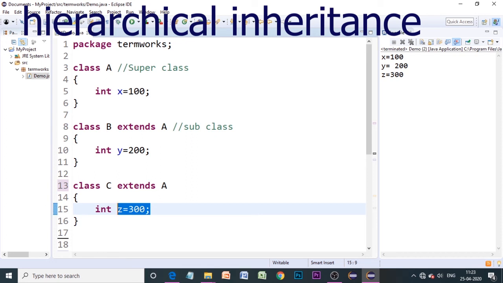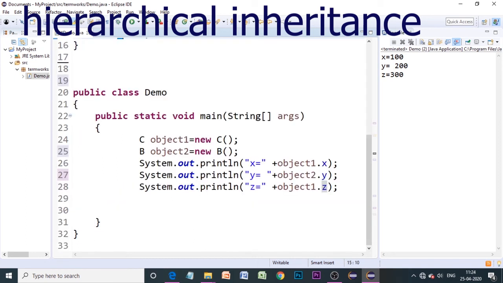So when you create an object of B, you can have access to x as well as y because B is a subclass of A. And when you create an object of C, you can have access to x as well as z because C is also a subclass of A. So that's the reason when we try to print this z using object 1, it is not showing any error messages.